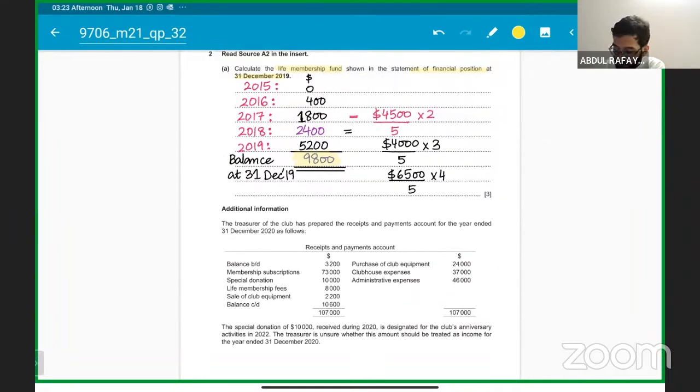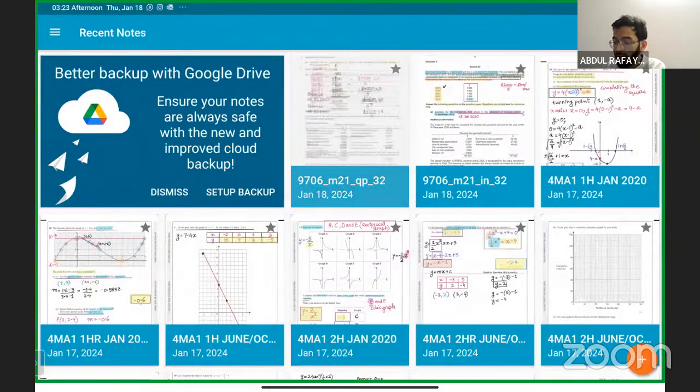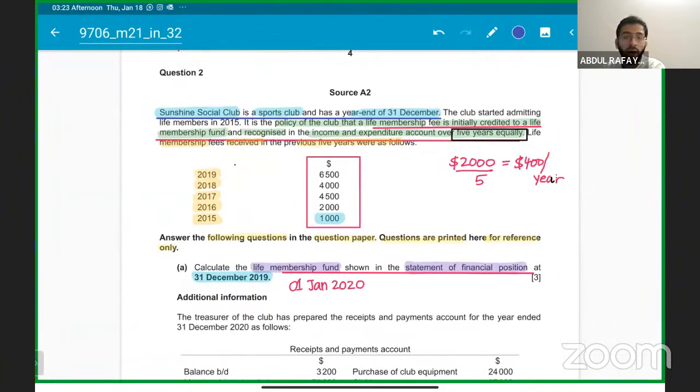Let me know. I would appreciate if you guys go over through this very again quickly. I'll repeat the concept again. Okay, we have a life membership fund, which is a liability. The members are paying for a lifetime subscription. They are not paying every year. They are paying for a lifetime. Some Sunshine Social Club is offering that. Whatever the life membership you are getting, you are dividing it into 5 years equally, and each year you will